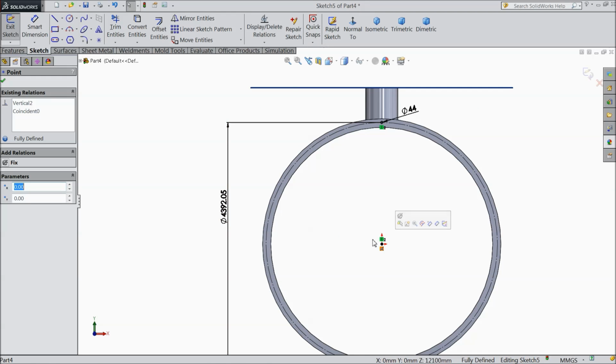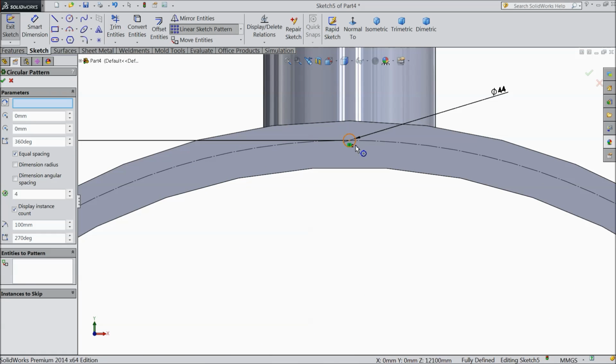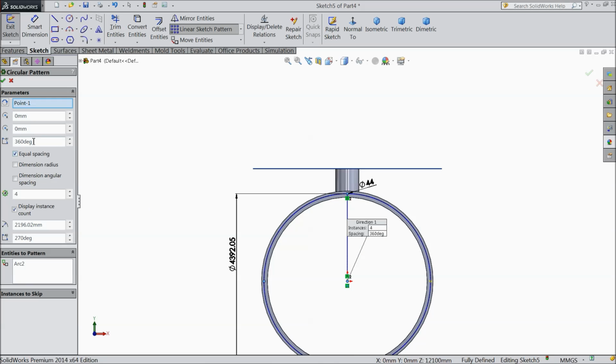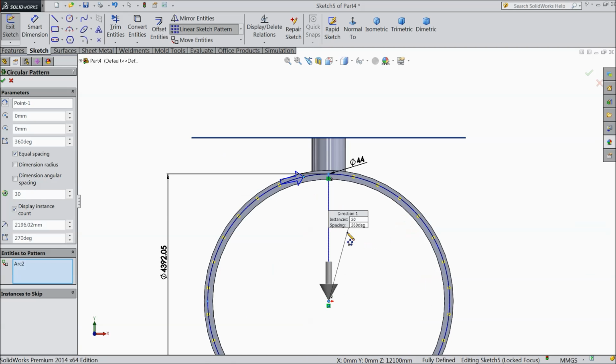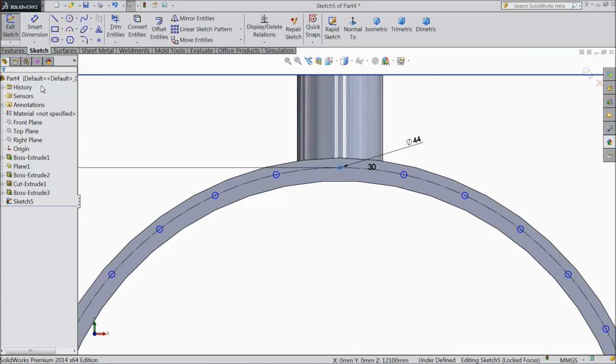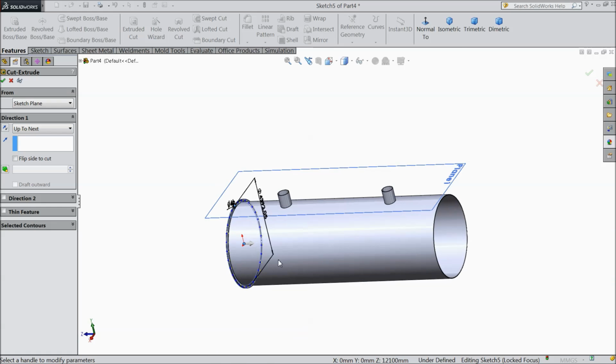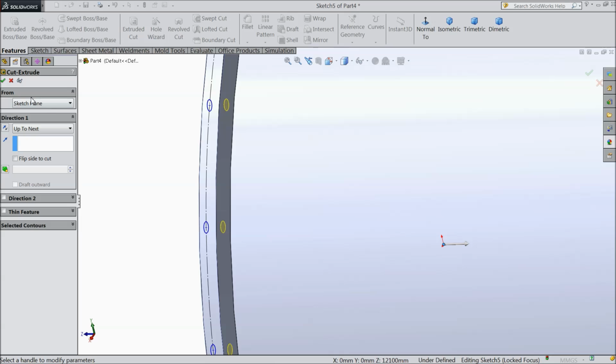okay, now select this center point and click here circular pattern. Now select this circle and here we want to create 30 holes. See, the total 30 holes we want. Keep 360-degree equal spacing. Okay, now let's extrude cut. Choose up to next. See the holes going to be created. Okay,